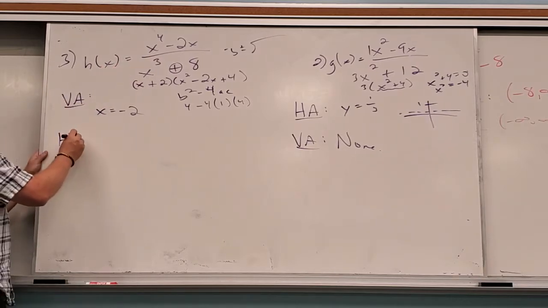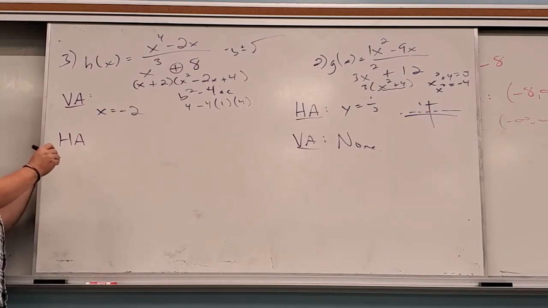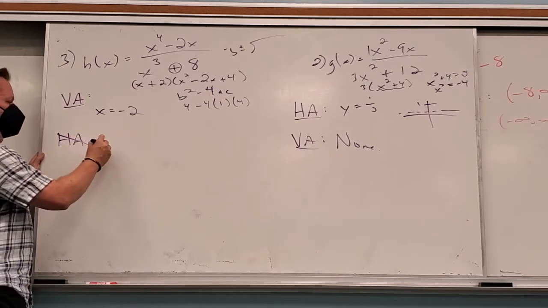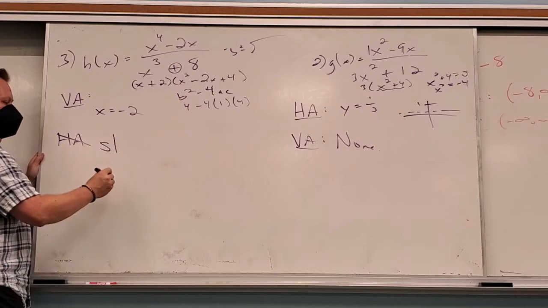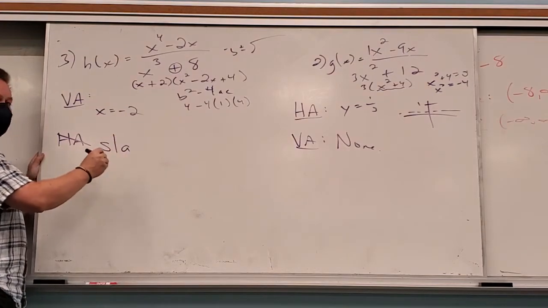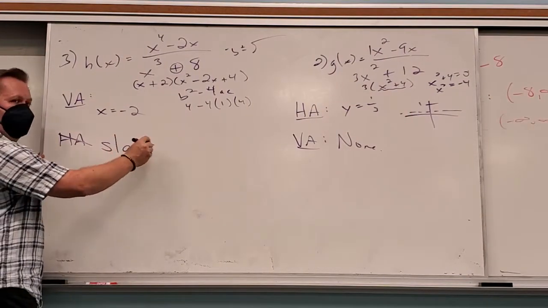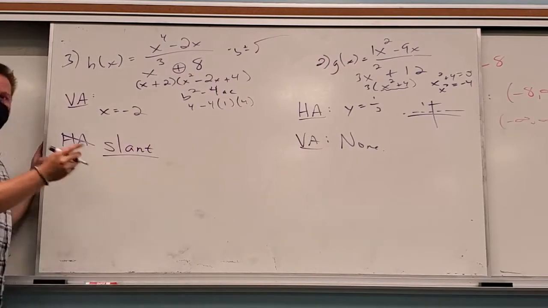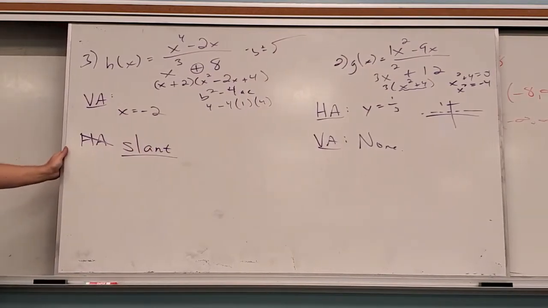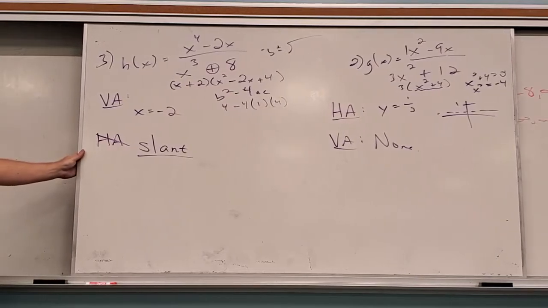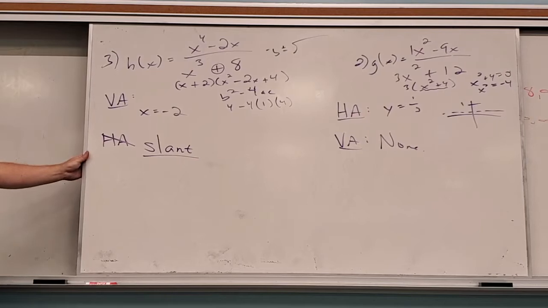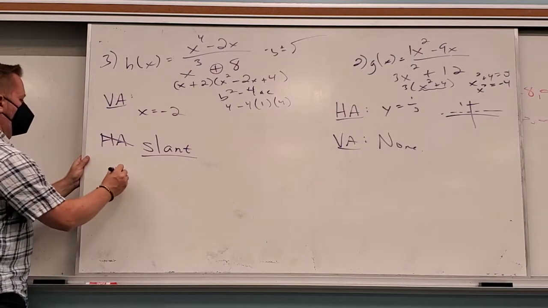Does it have a horizontal asymptote? No. What kind of asymptote does it have? Slant. And again, I gave this away earlier. How do you figure out the slant asymptote? What do you have to do? Long division. Yeah, lock it. So if I do long division,